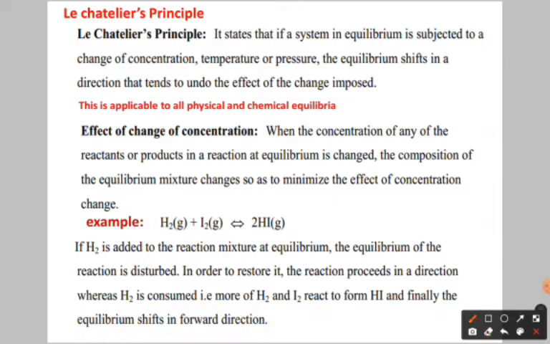Okay, for example, if you take the reaction, here we have one reaction, A plus B gives rise to C plus D. So what happened here? In this reaction already equilibrium is established. Once the reaction is established, equilibrium means if you change anything, that change will be undone. Undo means what? It will remain as such.